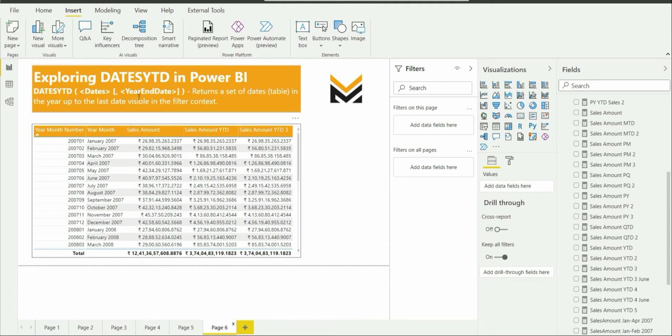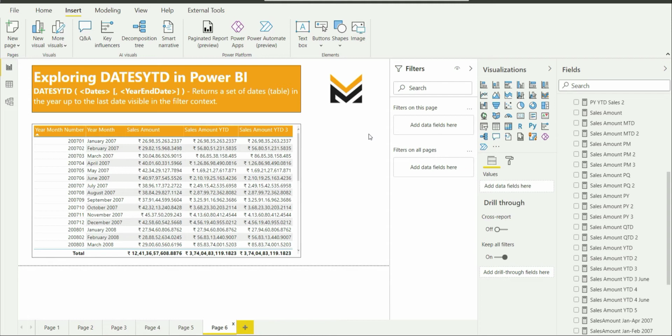So what does it return? Dates YTD returns a set of dates, or you can say a table, in the year up to the last date visible in the filter context. Today the date is 19th October 2021. If I use dates YTD for today's date, it is going to return a table having all the dates starting from 1st January 2021 to 19th October 2021.